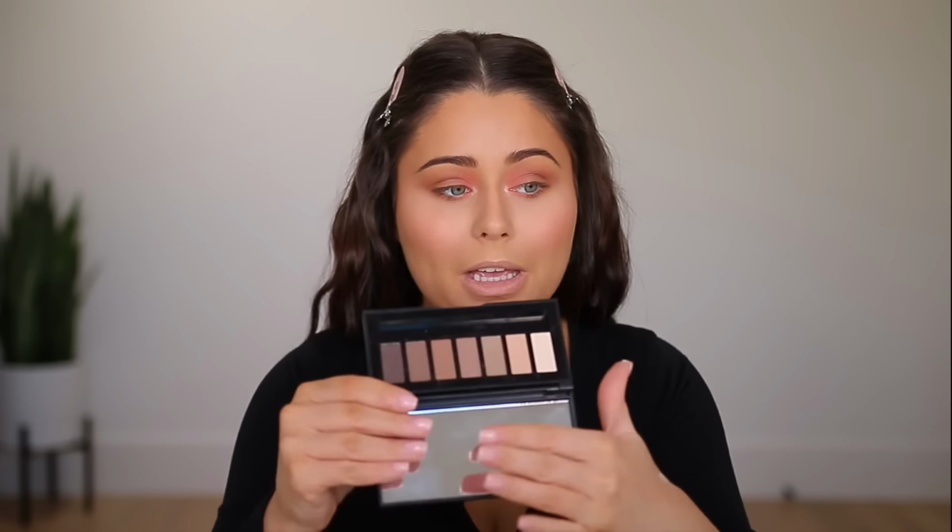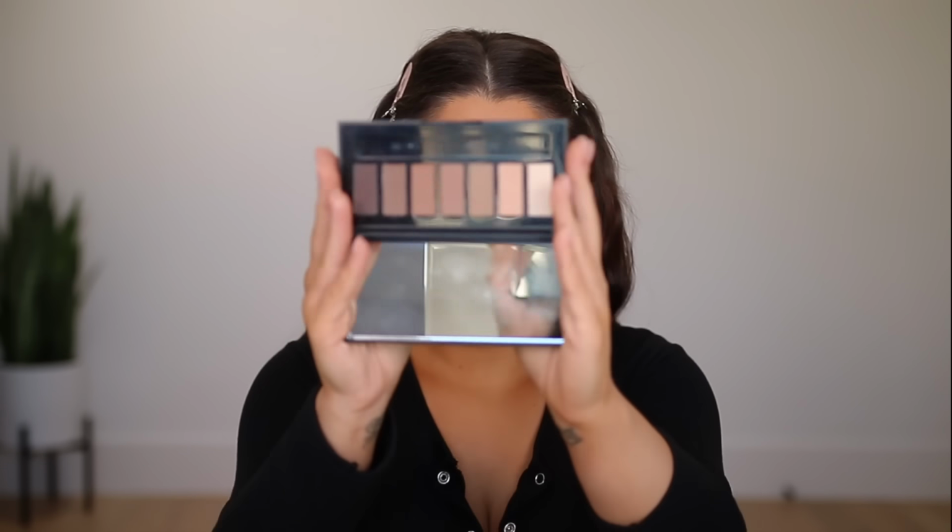Okay, so I kind of feel like doing a brown shadow liner, so I am going to use the e.l.f. Shadow Brow and Liner palette. This is like a staple. I feel like everyone needs this. I actually keep this in my everyday makeup drawer because it is just the perfect palette. It has a bunch of nudes in it. Then I'm gonna actually switch over to the small angled brush by e.l.f. because I feel like it's more